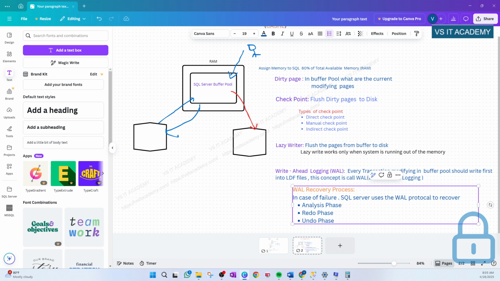And active transactions at the time of failure, that is analysis. The redo phase, what will it do? Reapply committed transactions from the log. We have already written all that information in the redo log, right? In the log file. After failure, it will check the analysis, and if anything has failed,